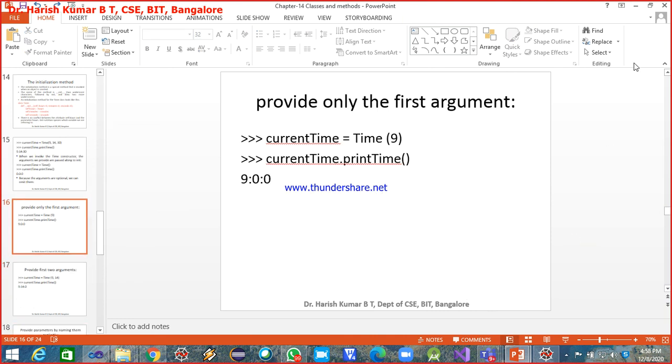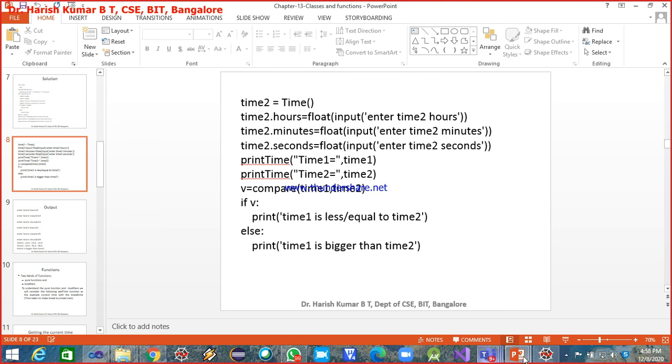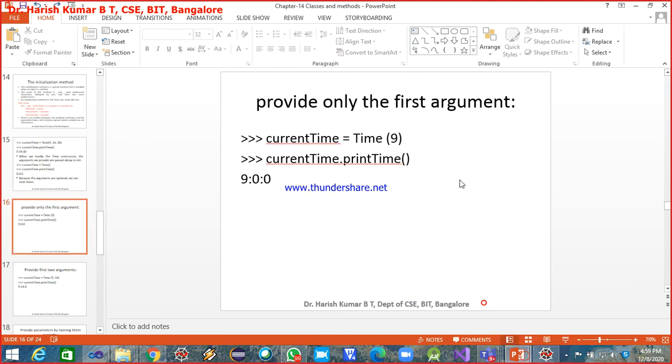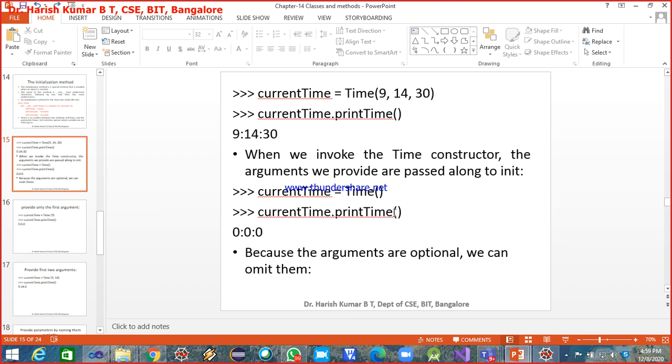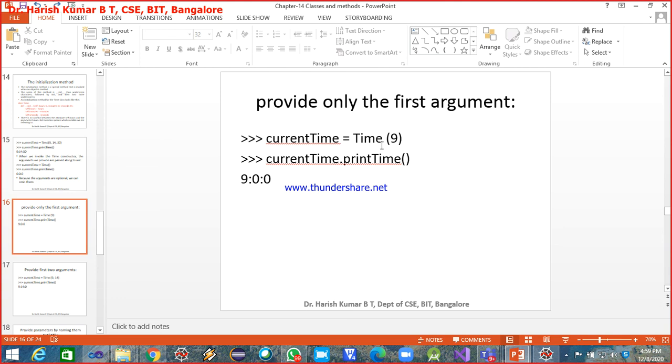Next. Since all these things are optional arguments, you can skip all of them. So we skipped all arguments here. Now in the next example, I'm giving only the first argument, and the rest two are skipped. Now 9 will be taken as the value for the hours, and the default values will be used for minutes and seconds.